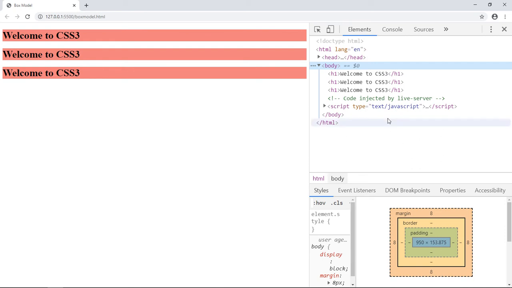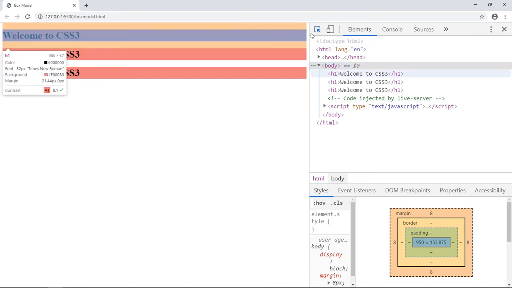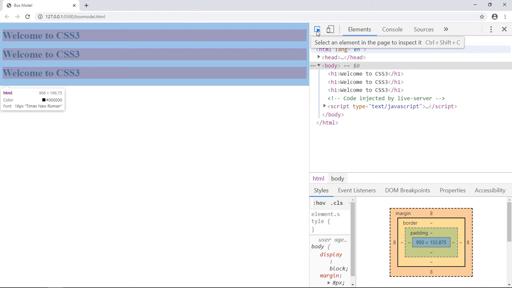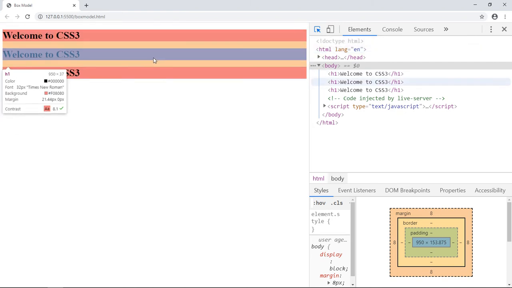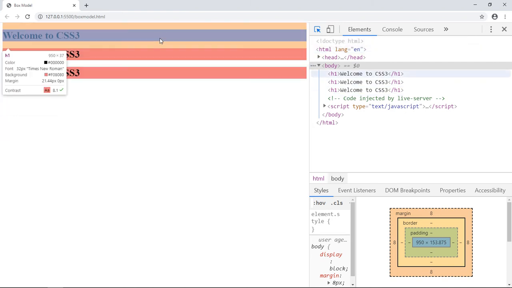This is the developer tools, and if you hover over any element in your web page, you can see on the left side the hovering effect. And this last tag, this is a script tag. This tag is basically injected by Visual Studio Code for the live server. And when you select any element, like the first one I click,